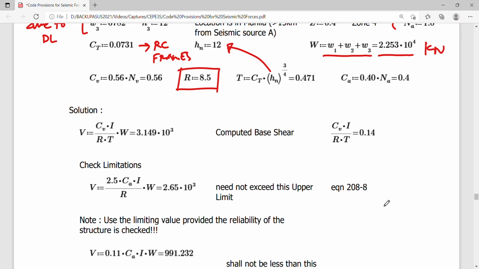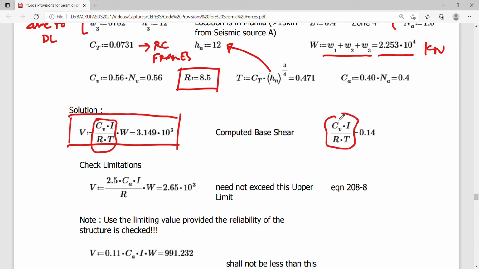So let's go now to the solution of the problem wherein we simply use the formula based on what the code gives us. And the basic formula for base shear is simply this one here. So this is actually our main working equation when it comes to base shear. And I just actually separated this factor here